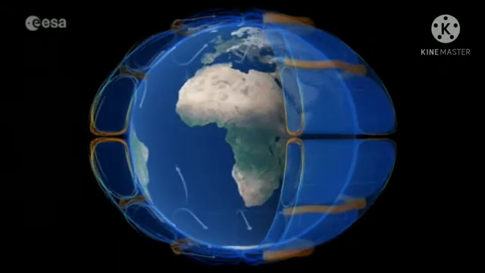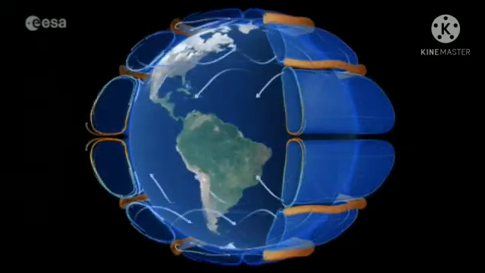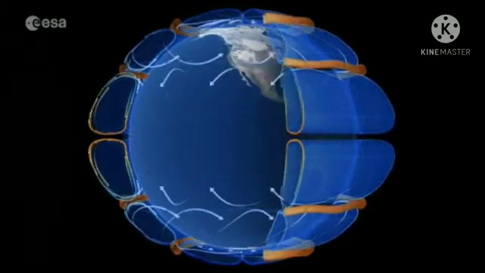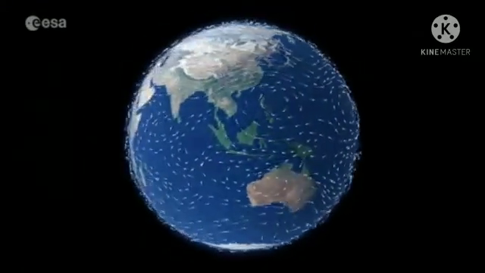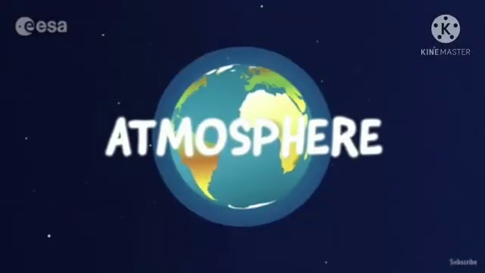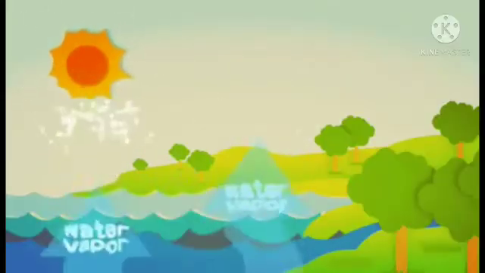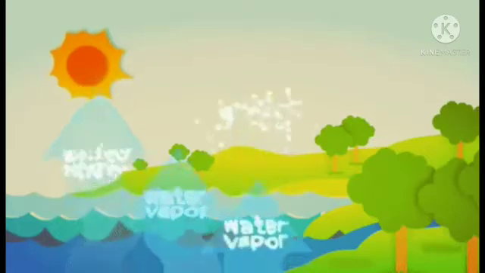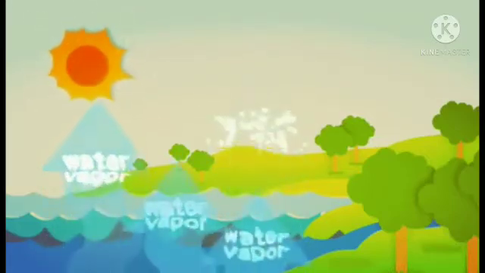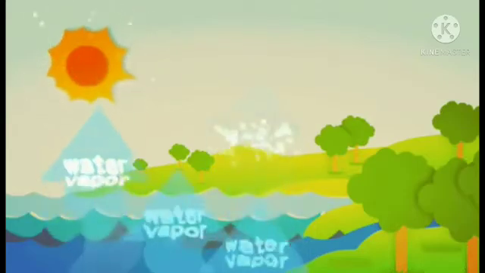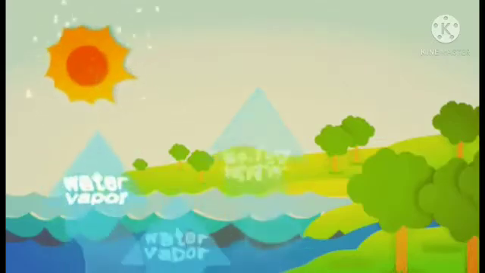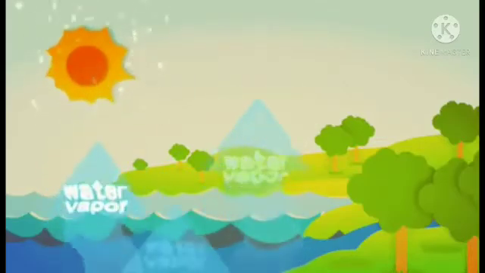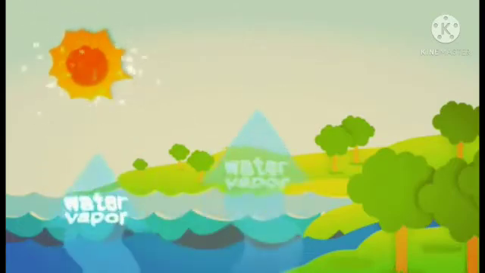Our earth is surrounded by a thin layer of air. This layer extends up to many kilometers above the surface of the earth and it is called the atmosphere. It contains many components. Let me discuss them one by one. The first one, water vapor. We have learnt earlier that air contains water vapor, and when air comes in contact with a cool surface, it condenses and drops of water appear on the cooler surface. The presence of water vapor in air is important for the water cycle in nature.